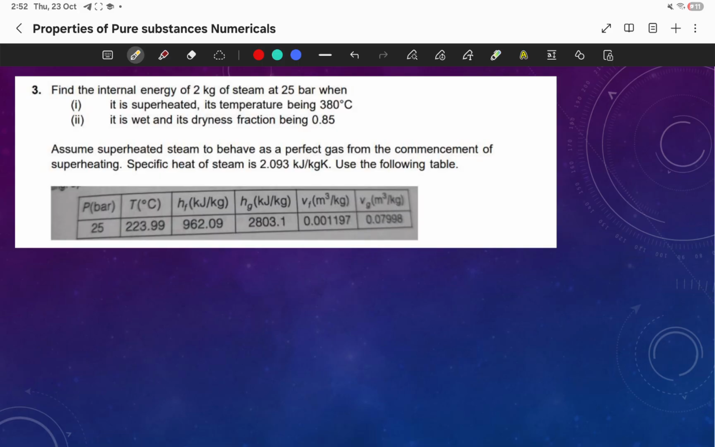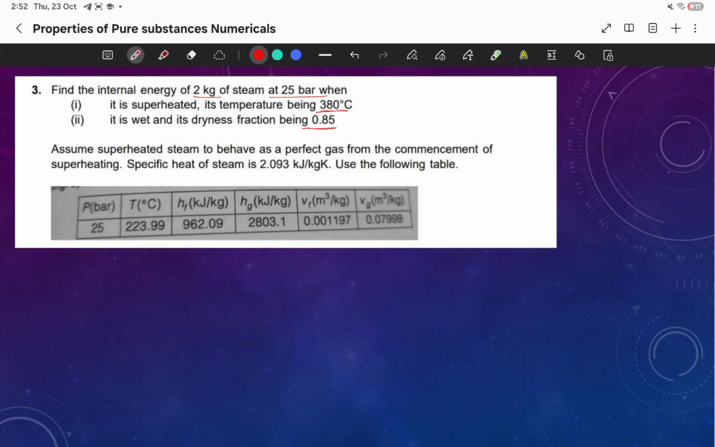So this is, find the internal energy of 2 kg of steam at 25 bar when it is superheated, its temperature being 380 degrees Celsius, and when it is wet, its dryness fraction is 0.85. Okay, so